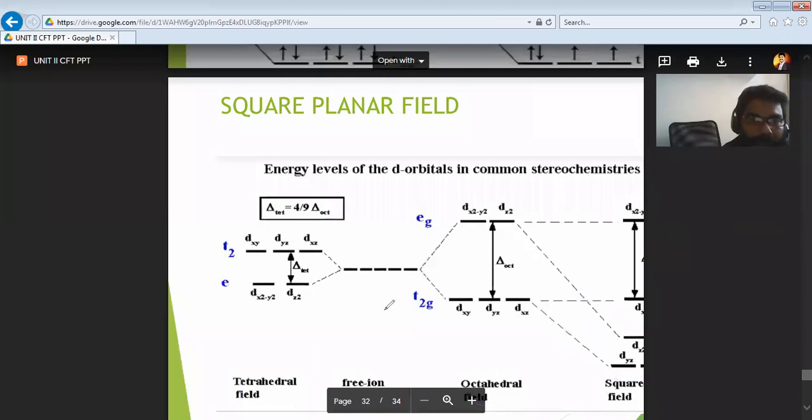Okay, this is the square planar. Square planar is mainly the z-axis absent. We draw the